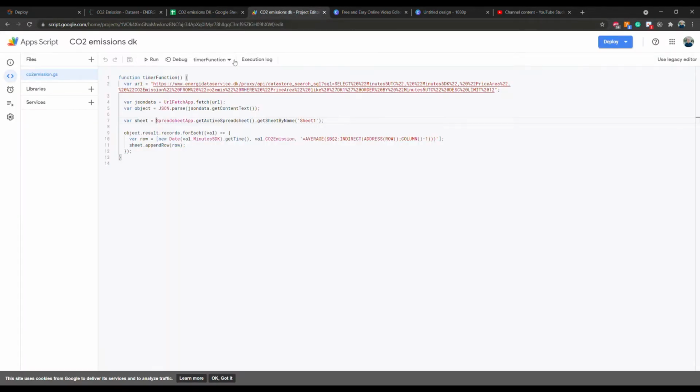And in there will be an empty file. It will not be called CO2 emissions, obviously, but I've called it that. And then we'll have this timer function that I've created. As you can see, I've added this URL. It's a bit long with different kinds of SQL and so on. I'll not go into details. If you're interested in that, then just hit me up and I'll explain it to you.